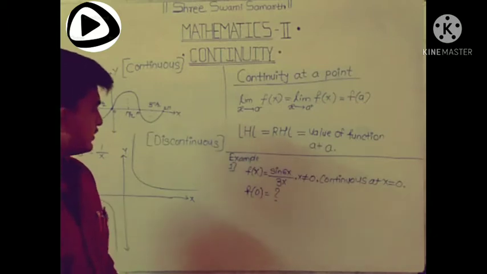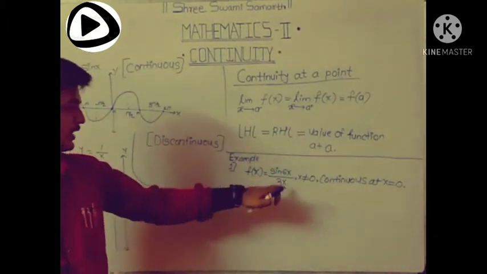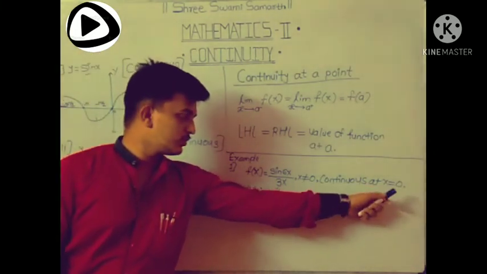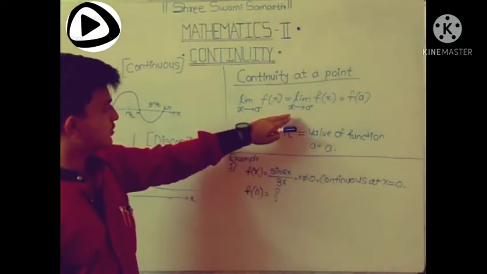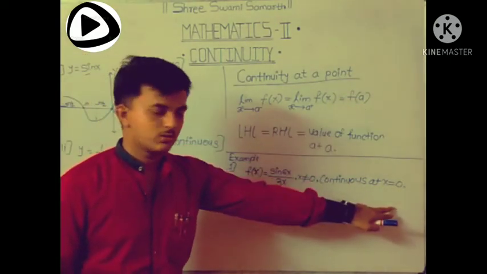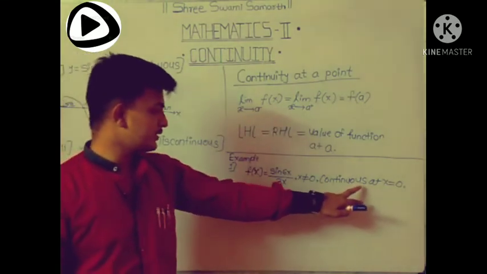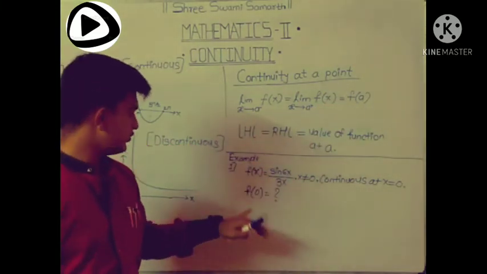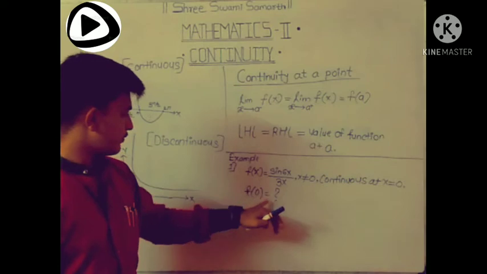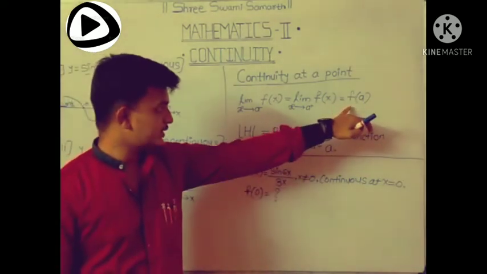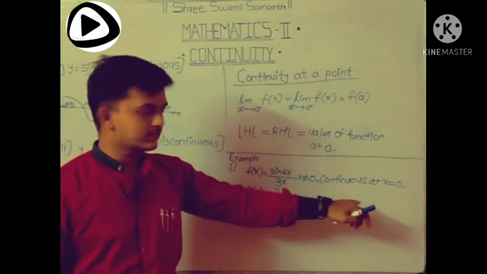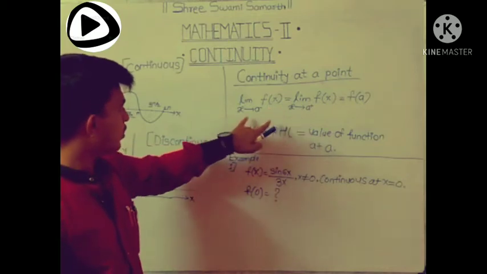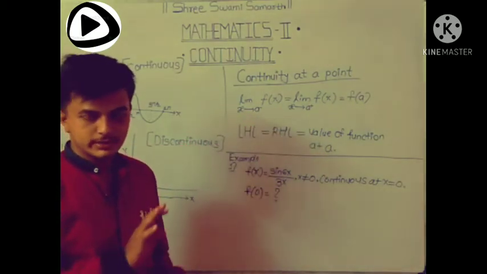Okay. So guys, let's take a small example here. f of x is equal to sin 6x by 3x, x is not equal to 0, and continuous at x is equal to 0. So look at this condition. Now your a will be 0, and they have given us that the function is continuous. So this condition will be satisfied by that function. Now they are asking us for the value of f of 0. Now this condition is satisfied as they have written the function is continuous. So use either one of them. So what will be your 0 plus and 0 minus? There will not be any difference between them.